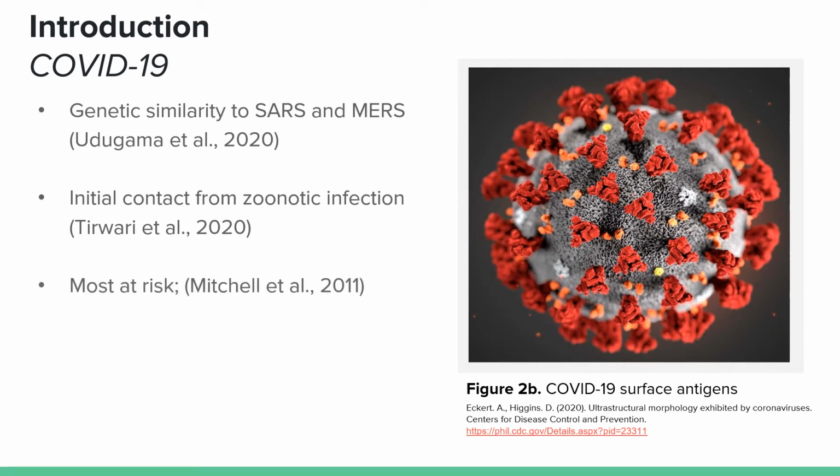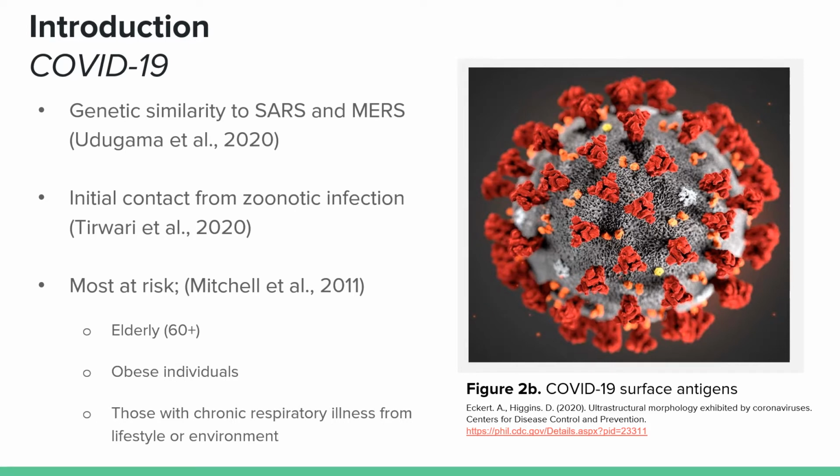Additionally, the demographics at greater risk, such as the 60-plus age bracket, obese individuals, and those with chronic respiratory diseases, most notably brought on by polluted air or lifestyles with heavy smoking, coincide with regions of more cases, such as Italy, America, and China. Specifically, the aforementioned high-risk groups have been increasing in prevalence, with an aging population and high percentages of obesity. For example, in America alone, over 34% of adults are defined as obese.